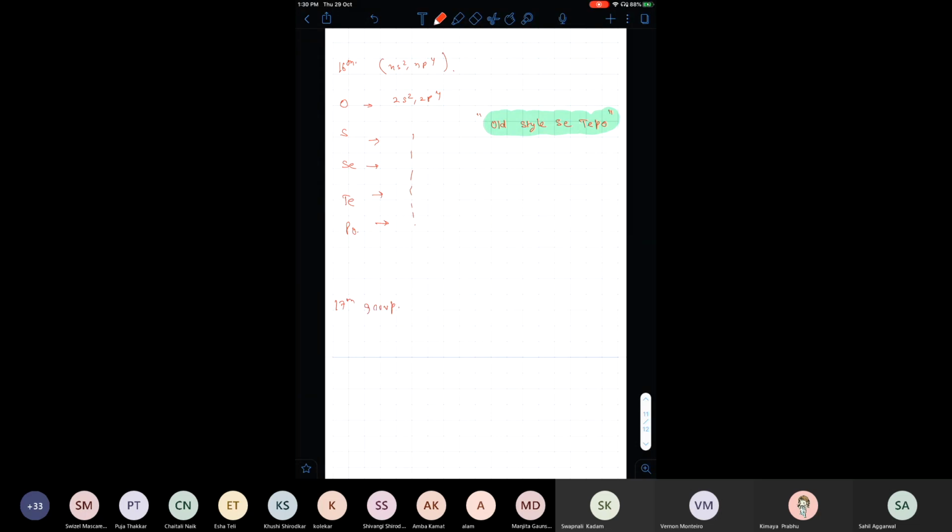Seventeenth group, we will write this also कि ये गैस है, ये गैस है, this is liquid and this is solid, NH2 NP5, 2s2 2p5 and so on।